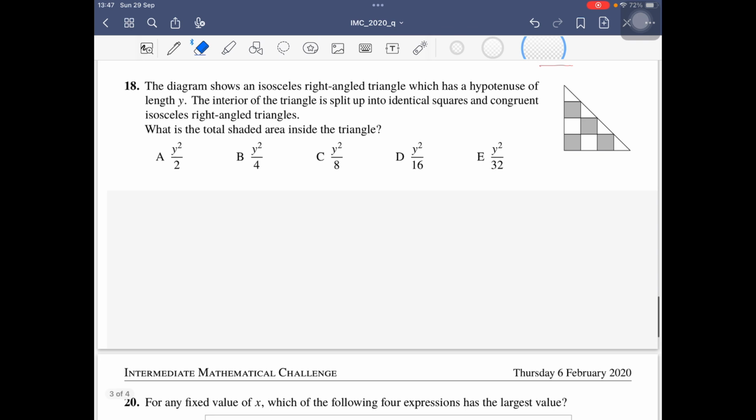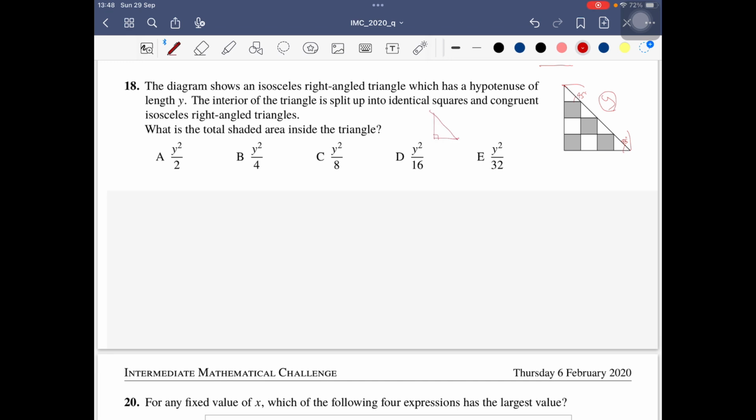Diamond shows an isosceles right angled triangle. This is y. The interior of the triangle is split up into identical congruent squares. Those are squares, so identical. So this is all the same, which means this triangle is a right isosceles triangle. So we can tell this is 45 degrees, all 45 degrees. So the original triangle was also an isosceles right triangle. So this is why